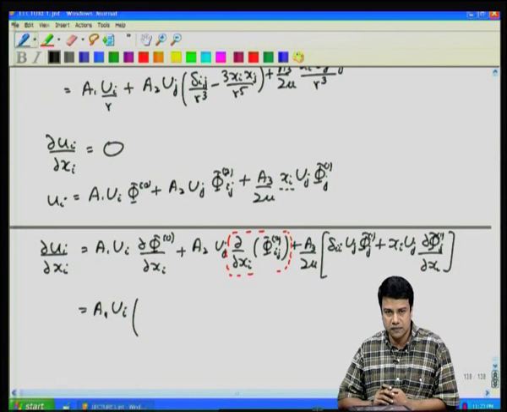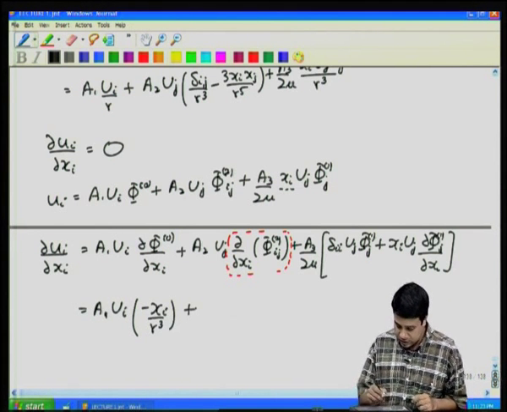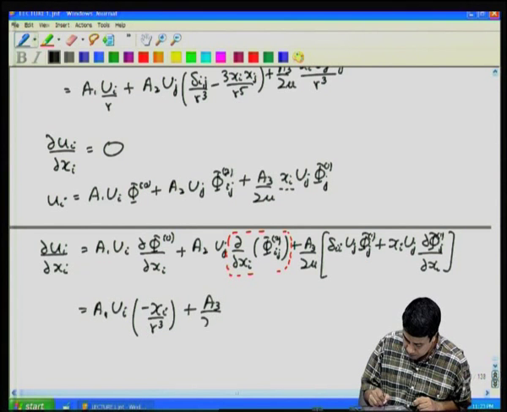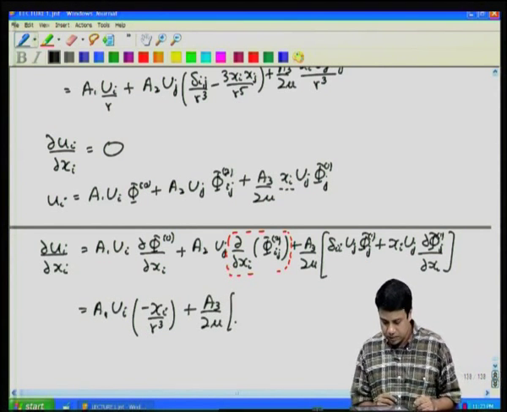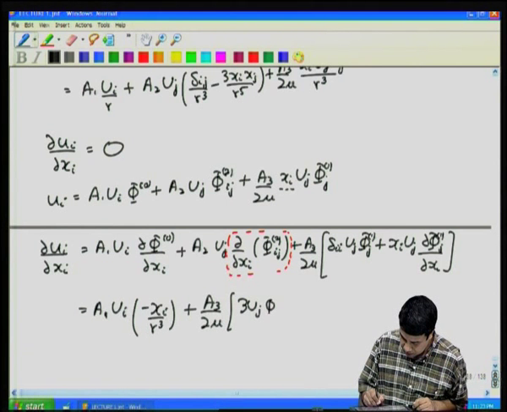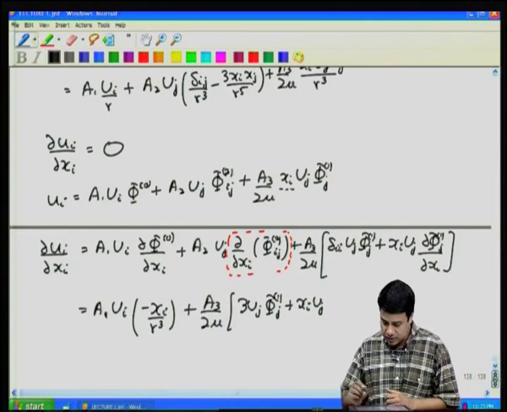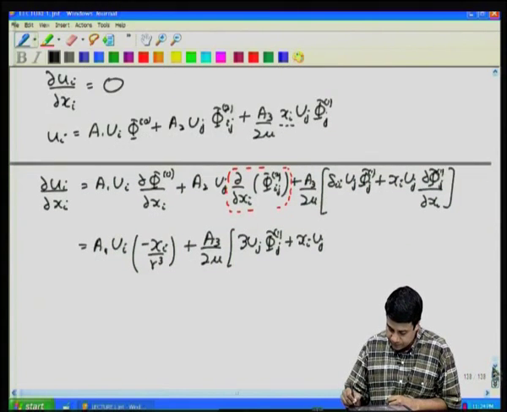When I take the derivative of that, I get minus x i by r cubed, plus a 3 by 2 mu into 3 u j phi 1 j plus x i u j into partial phi 1 j by partial x i is basically just,